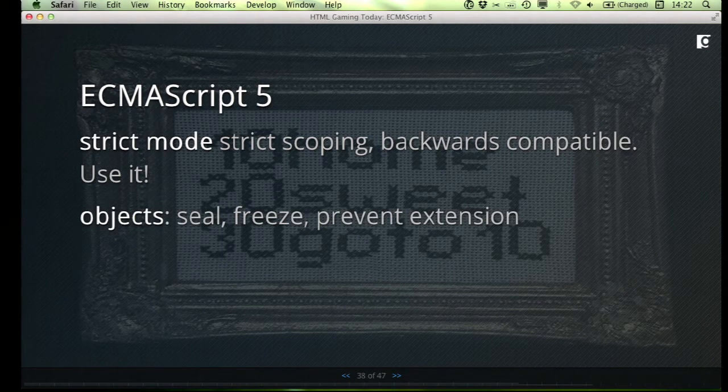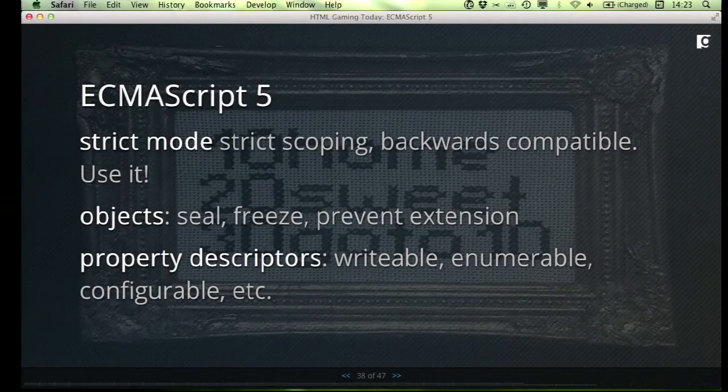We have some new methods for dealing with objects. We can seal methods. We can prevent extensions, so we can prevent people from adding new methods or new properties to our objects. We can basically reduce how dynamic our code is, to prevent other people from messing around with it. We can create much more advanced properties. We can specify whether or not they're writable, whether or not they're enumerable, whether or not they can be configured, so whether you can change properties on it. And again, this lets us get more errors, which is a good thing. It lets us know that something's going wrong instead of just failing silently or getting unexpected results.